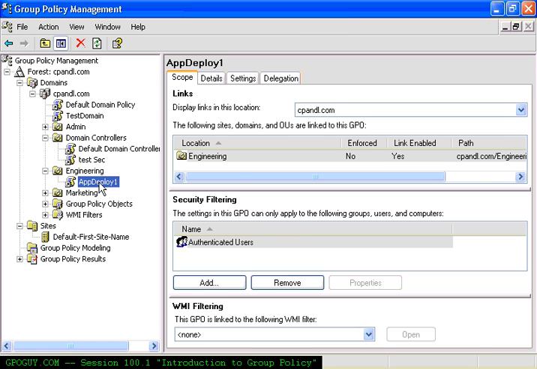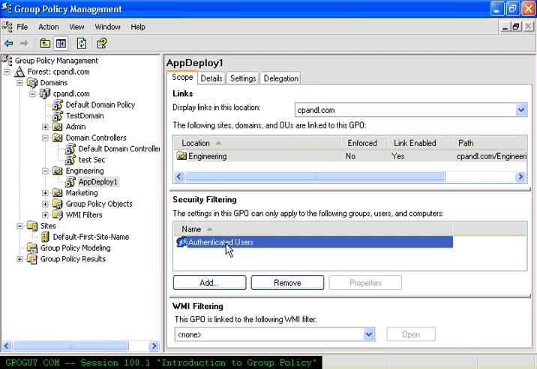Now, by default, whenever you create a new group policy object in an AD domain, if I go over here to this authenticated users ACE, or access control entry, you'll see that this is given rights to process this GPO. And that's the default setting whenever you create a new GPO. Authenticated users, which includes both user objects as well as computer objects in the domain, will be able to process